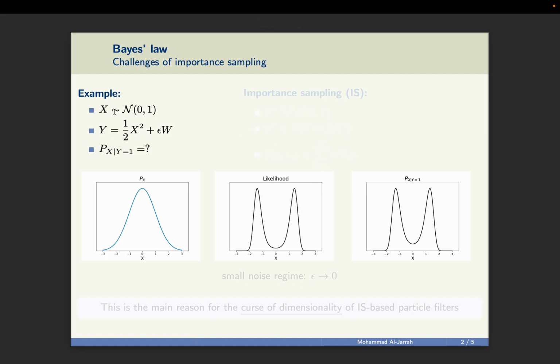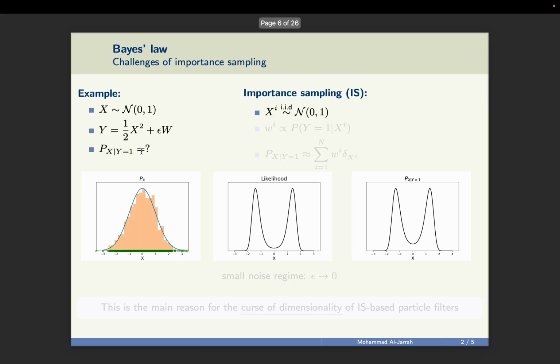Now if x is distributed as a standard Gaussian and y is some realization of x squared plus some standard Gaussian noise, controlled by this epsilon to control the noise level, we want to answer the question of what is the distribution of x given y equal 1 for this example. Now using a method like importance sampling,